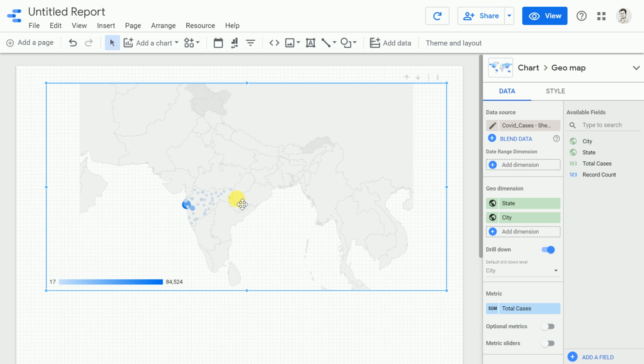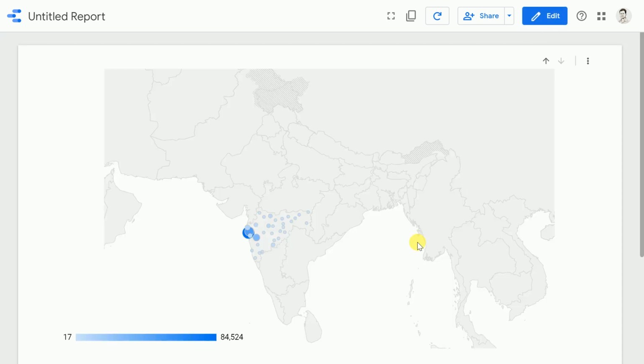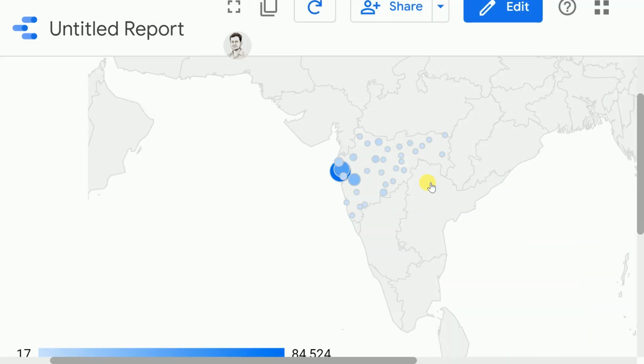In order to show you how flexible it is, let me click on view and let me zoom into this map. So if you hover over the region where you have some output values, and if I select Aurangabad, I can clearly see that the total case count is 6500. If I check next, that is Pune, it has around 28,000 cases. So this is the power of using Google Data Studio.